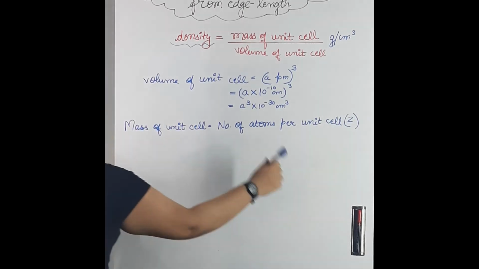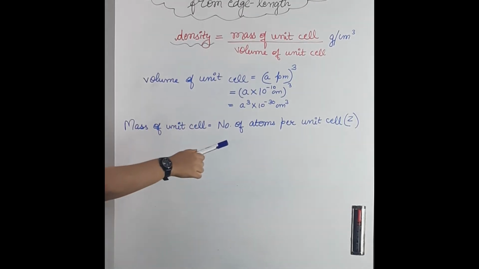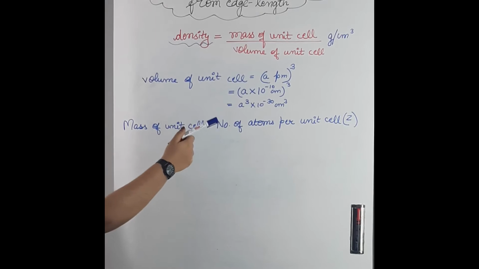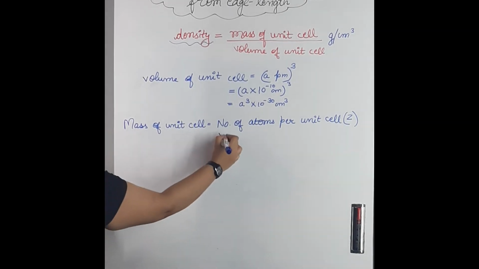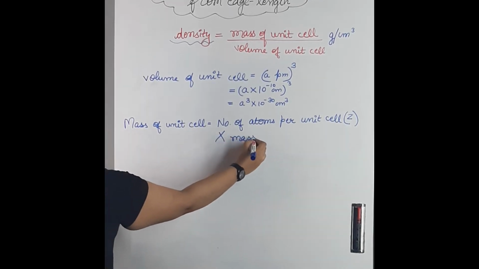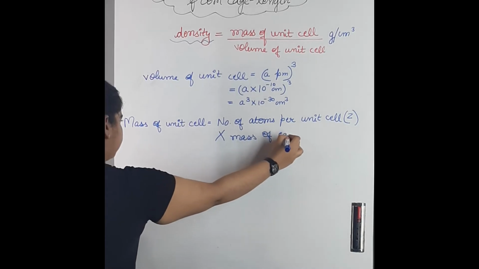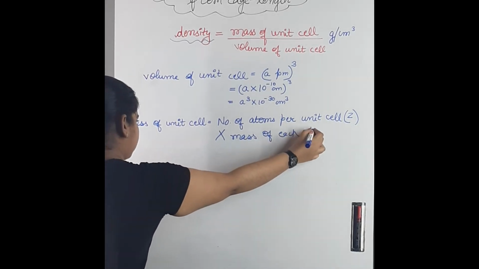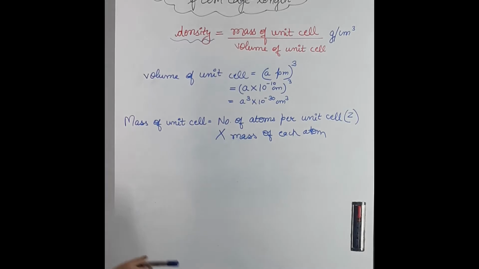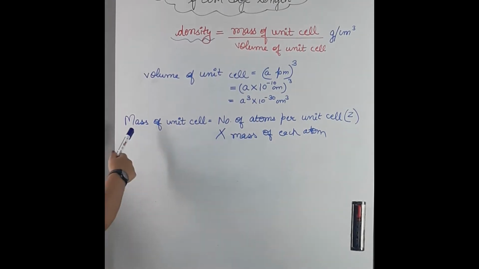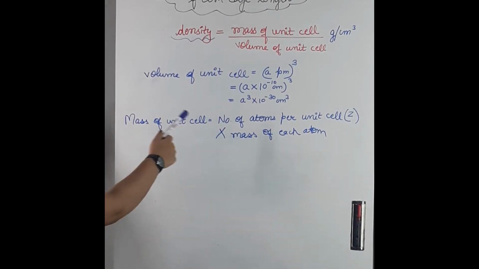We can write number of atoms per unit cell as Z in short form, multiplied by mass of each atom. So Z multiplied by mass of each atom will give us the mass of unit cell,